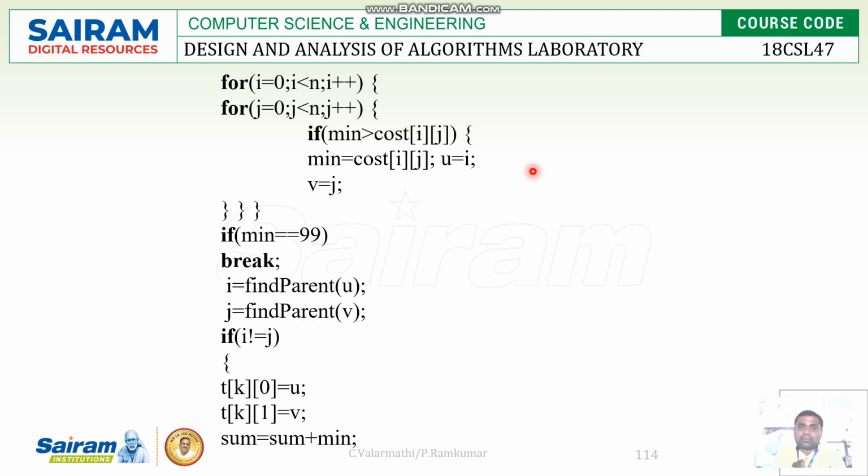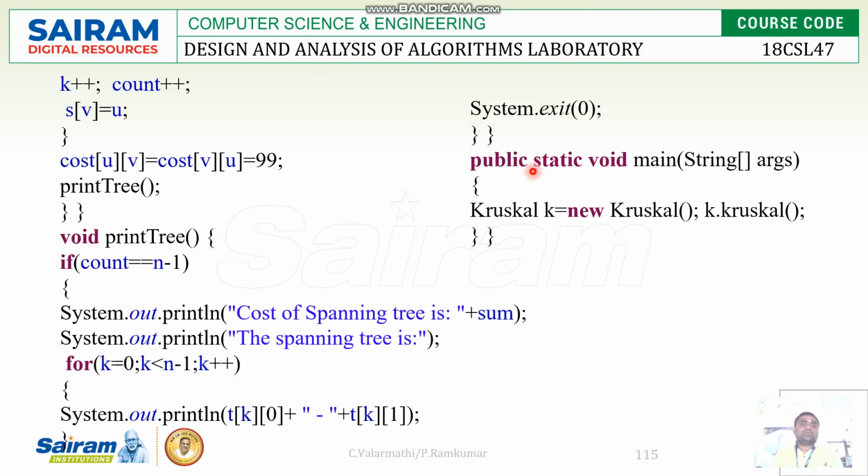If the same variable is used on the left-hand side and also on the right-hand side, then it must be initialized, so sum has been initialized previously. Next, keep on incrementing the k value as well as the count value. Why am I incrementing the k value? Because we are looking for the next vertex distance, so we keep on incrementing the k value.